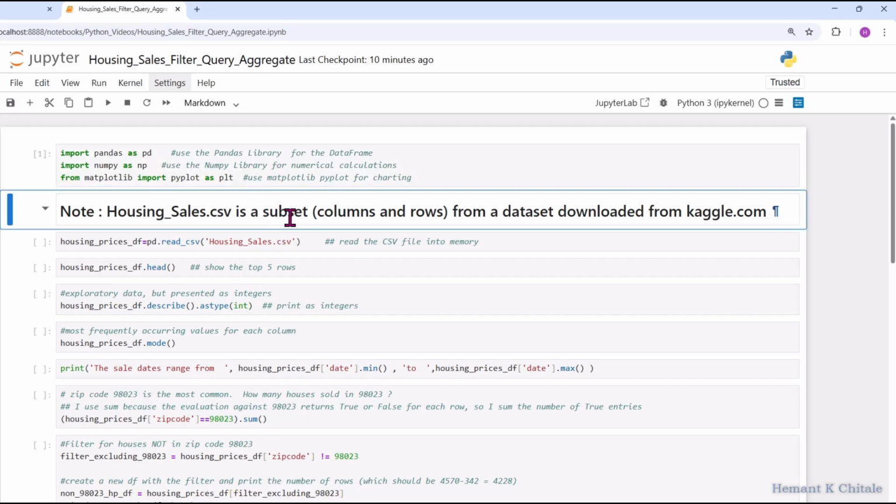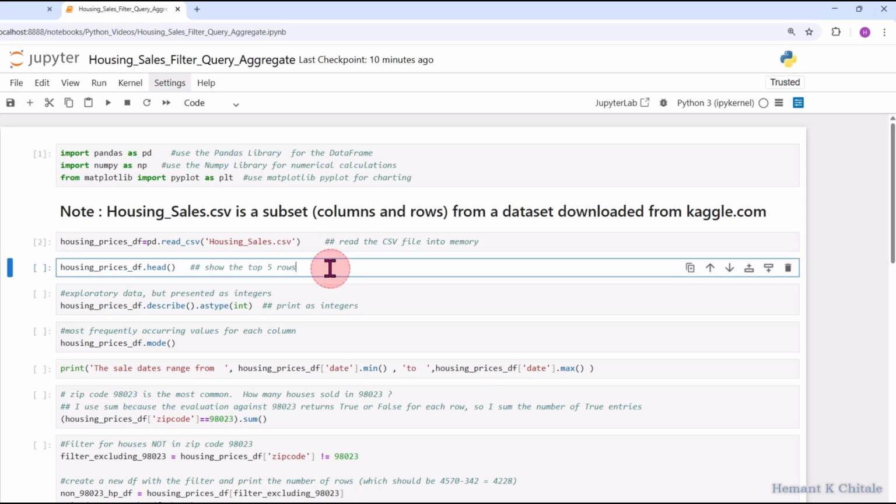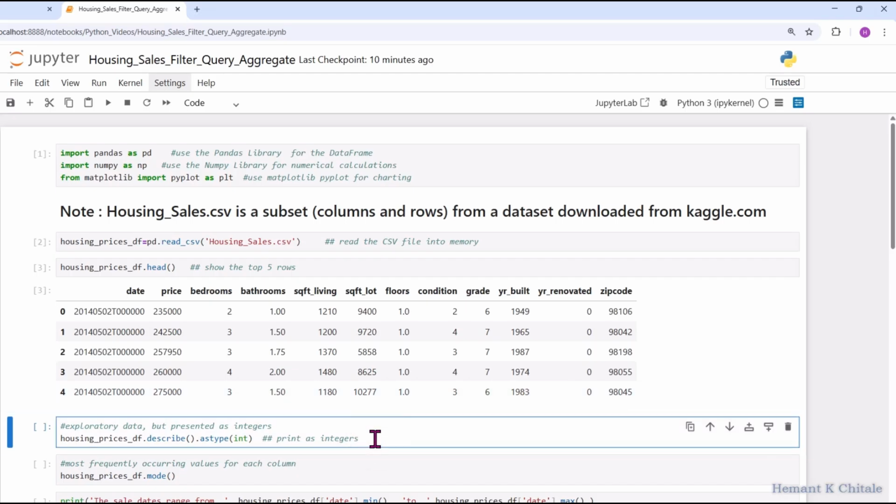notebook. So this is the same housing sales data set. I load the data. I look at the top 5 rows. So we're going to be interested in probably price, zip code. A lot of my grouping aggregation will be based on zip code. But you can also then write your own code to maybe group by square feet living, square foot lot, or